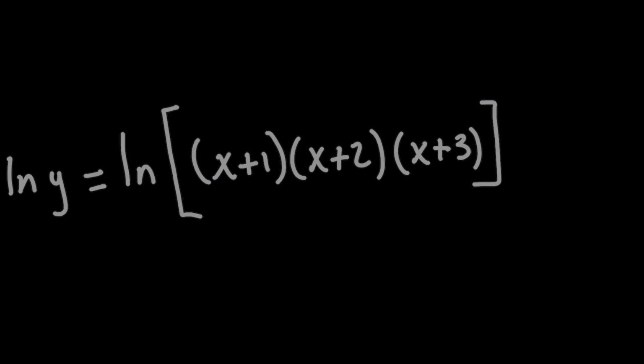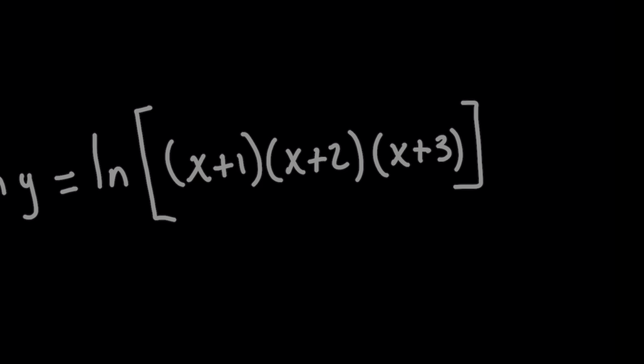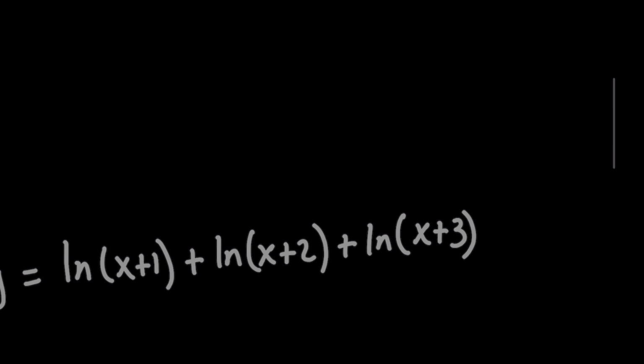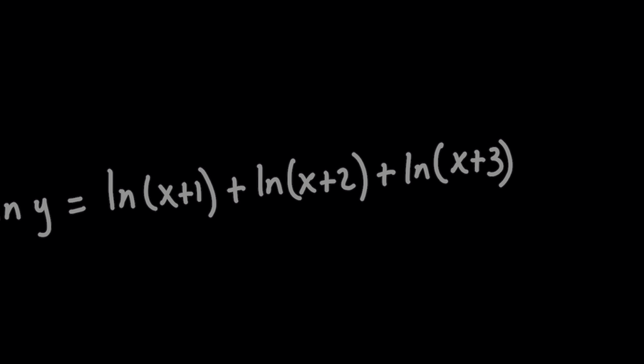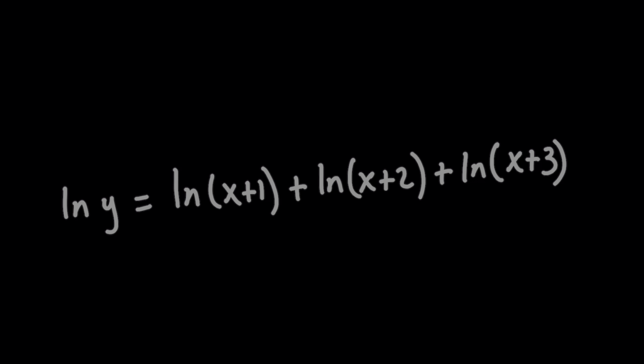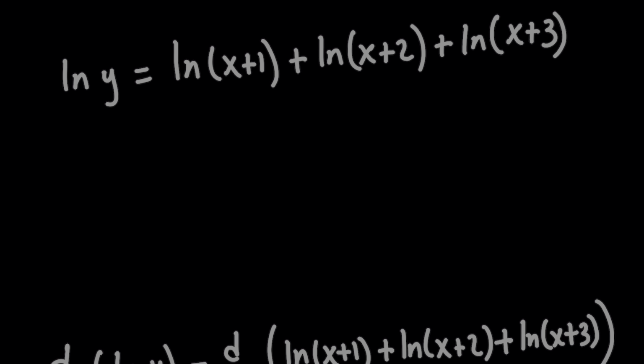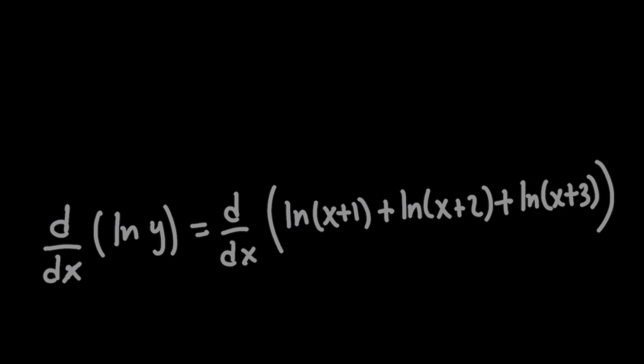of logarithms, on the right-hand side here, we can break that up into a sum of three separate logarithms, right? Now, what's cool about this is I can use a method called implicit differentiation, like I use in the video above. So now what I do is, because on the left-hand side, after taking the derivative with respect to x